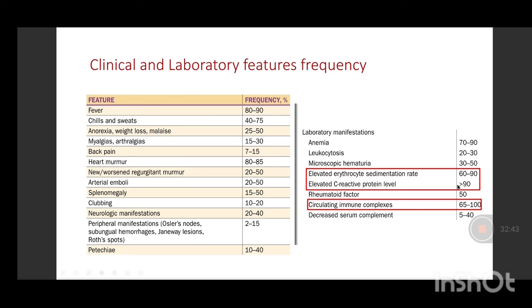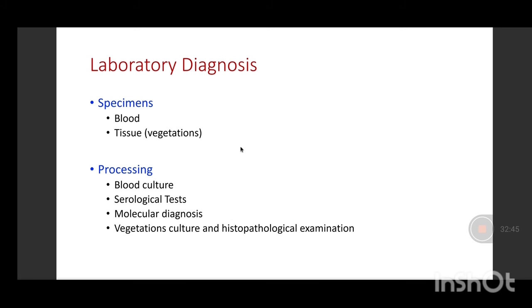So lab diagnosis, first is specimen collection. Generally blood is used, mainly blood culture or serological test or molecular test. Second is the tissue or vegetation. If the valve has been removed, or there are various methods where you can now harvest vegetation, and you can grow the bacteria from the vegetation,